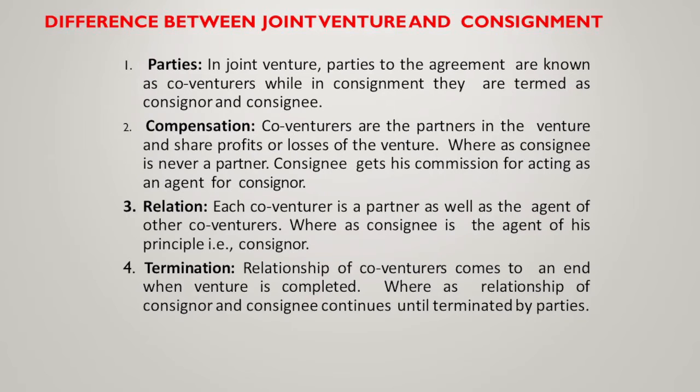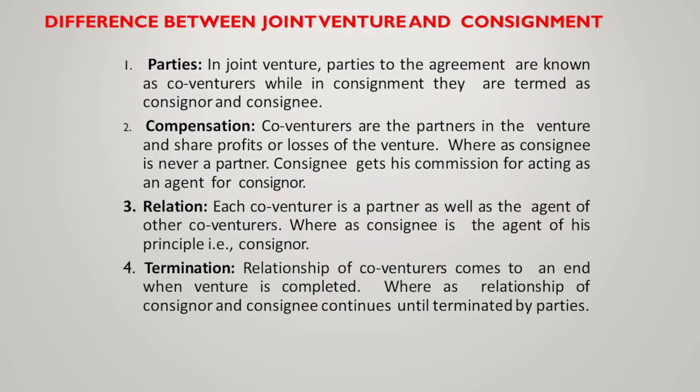The relationship between co-venturers is as an agent. He is a partner as well as the agent to the other co-venturer. But in case of consignment, the consignee is the agent and the consignor is the principal. Termination. The relationship of co-venturers comes to an end when the venture is completed. Exactly. If the road work is completed, the